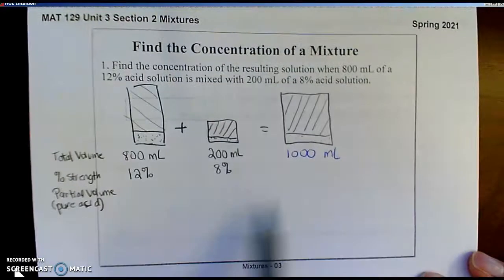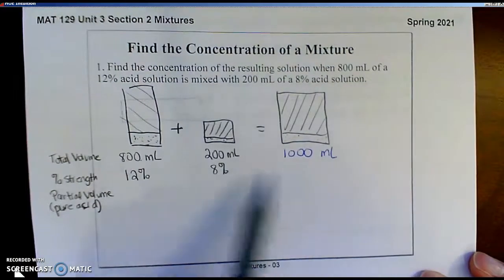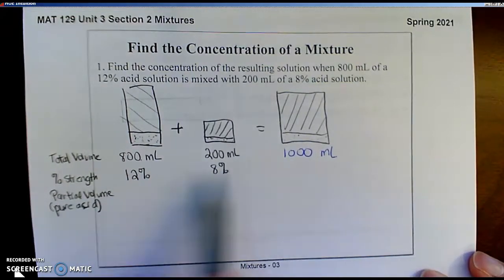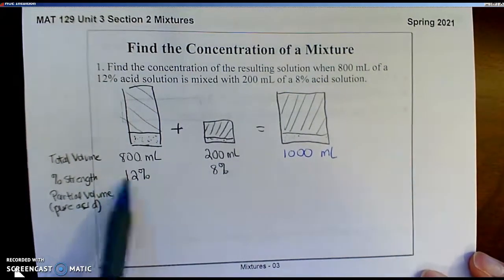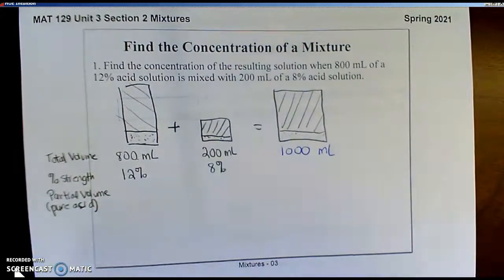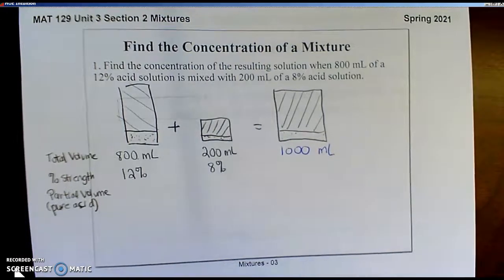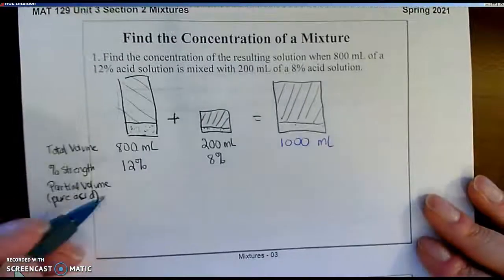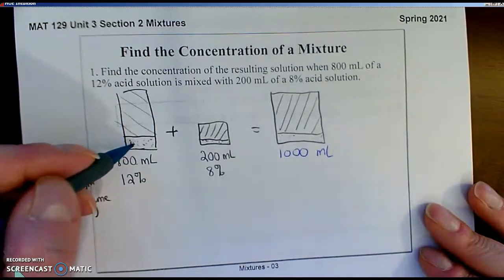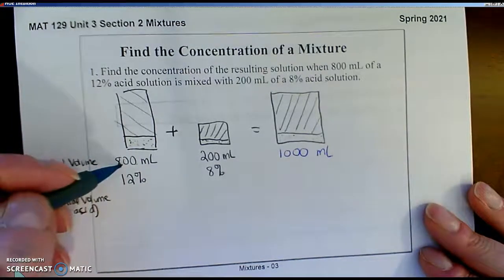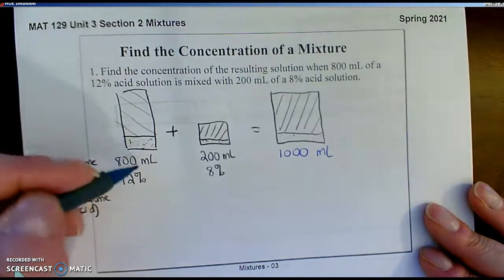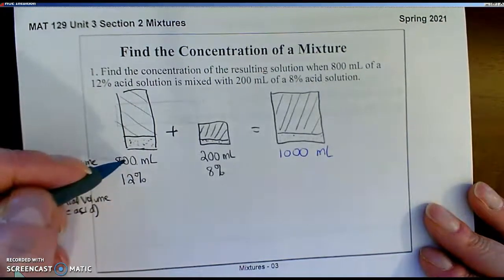Now, as far as what the concentration is of that third solution, we know it's going to be somewhere between 8% and 12%. It's not going to be 8%, not going to be 12%, and because it's not equal amounts, it's not going to be 10%, but it's going to be somewhere in between those two. So what we're going to explore is, if we had to make this solution from scratch, a 12% acid solution and 800 milliliters of the solution, then we would need 12% of 800 is the